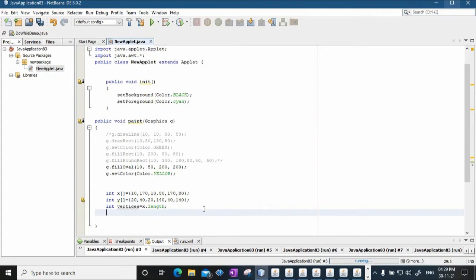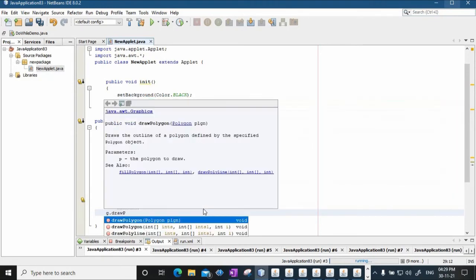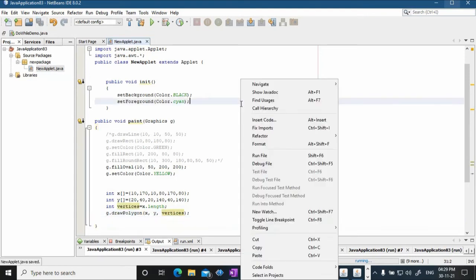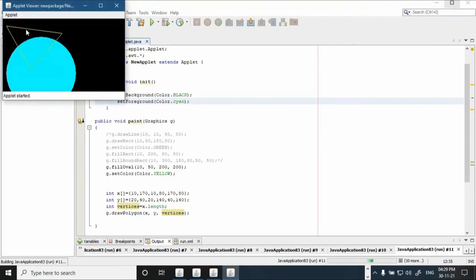And now I'll say G dot draw polygon, and it will take first parameter as x, second parameter as y, and third parameter as vertices. I save this and you will see the same triangle being created here.